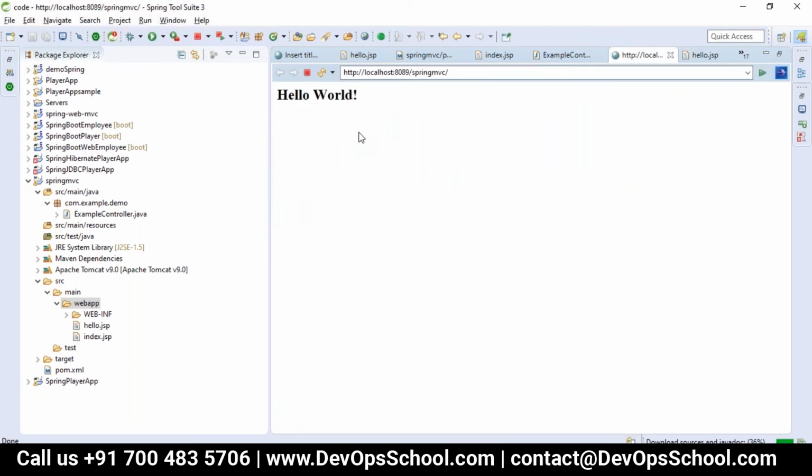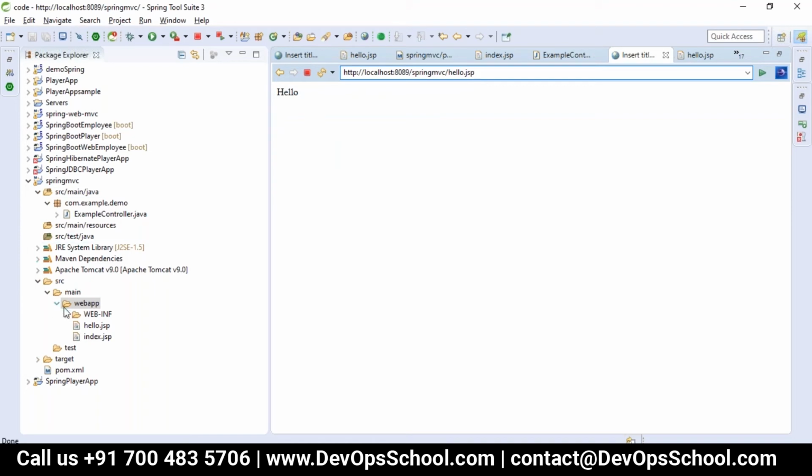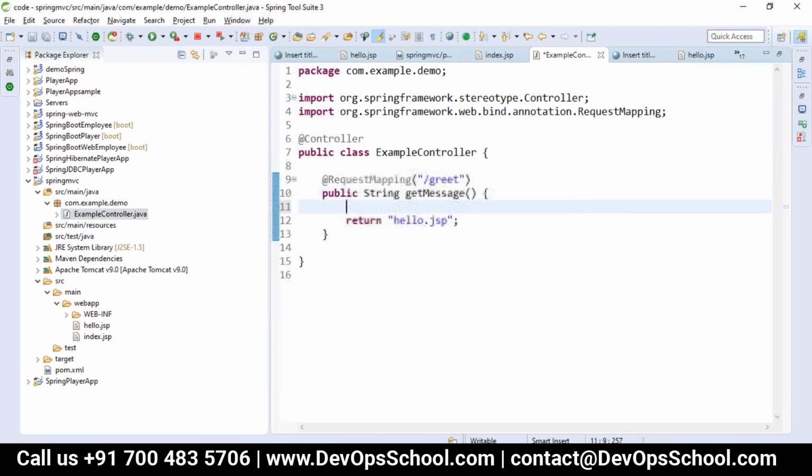When we run here, index.jsp is the landing page. Now I want to get the output for hello. When I send a hello request, it says no mapping found, HTTP status 404, hello not found. But if I send a request hello.jsp, it prints only hello.jsp, but it is not going to the controller.